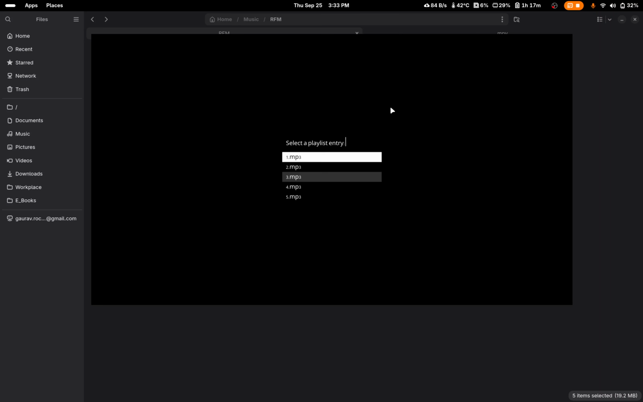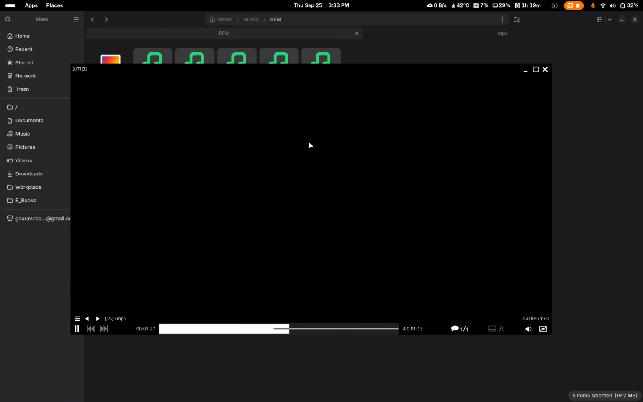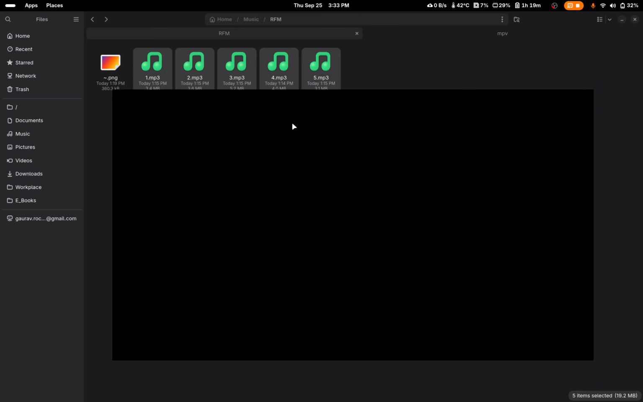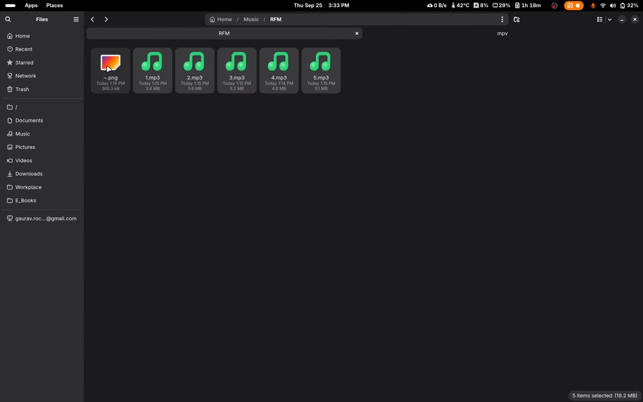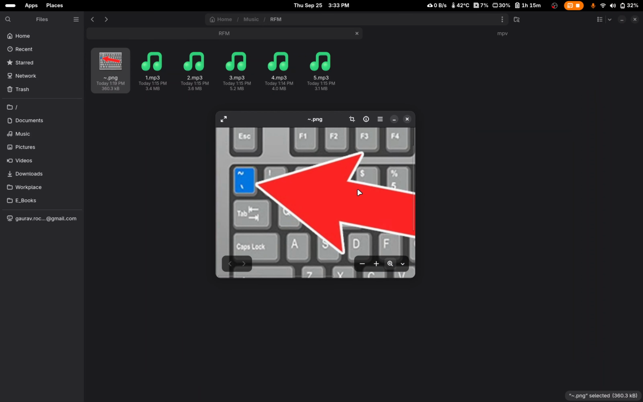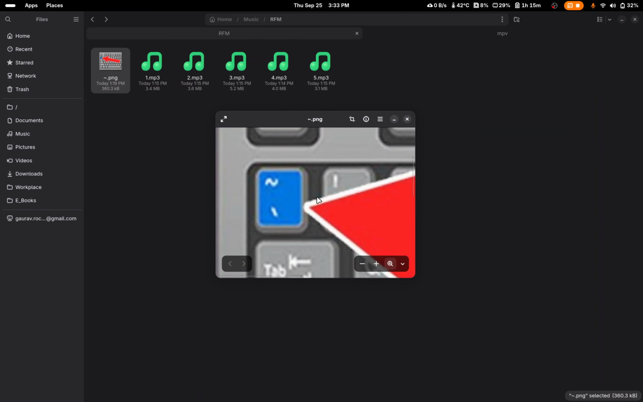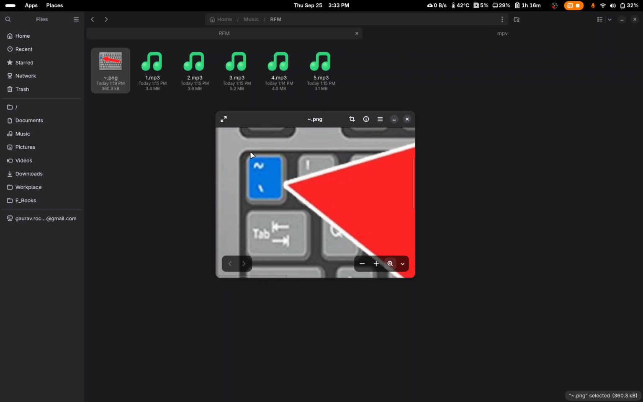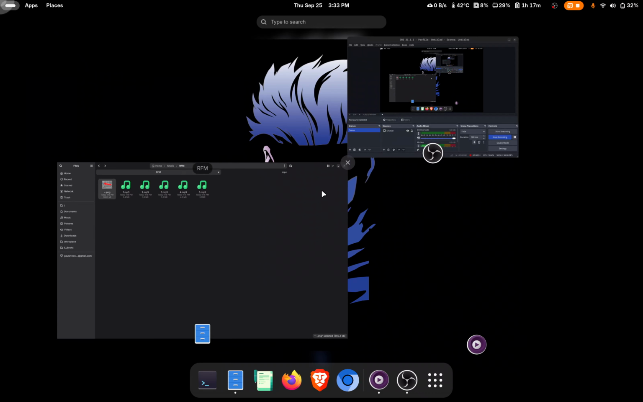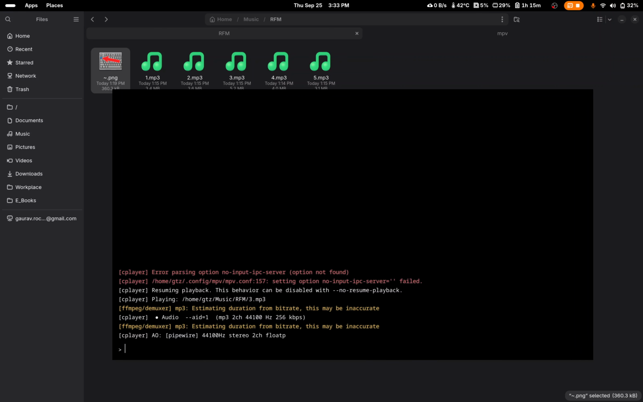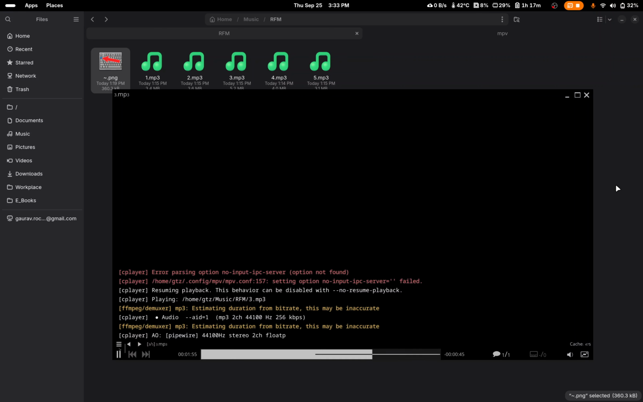This is the order. Okay, so now to shuffle these files we need to press this key to open a console in MPV. This is the key, the one above Tab. I'm going to press this key. It will open a console like this. Then you can just type here